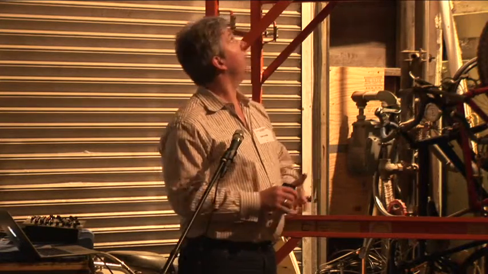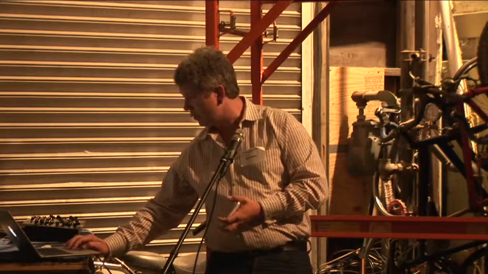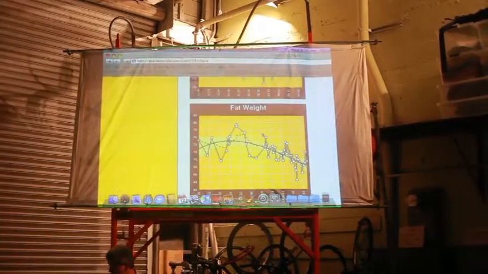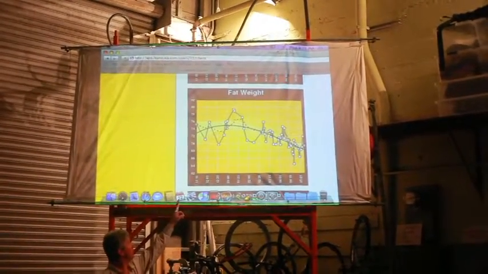So in addition to just having the data and being able to smooth things out to get rid of the daily variation and to know what the trend is, I wanted to change what numbers I was looking at. And let me flip over to a chart. So this is my live data, and that's my lean weight, and that's my fat weight, and this is over a period of about 6 months.